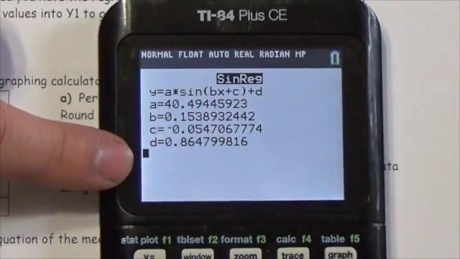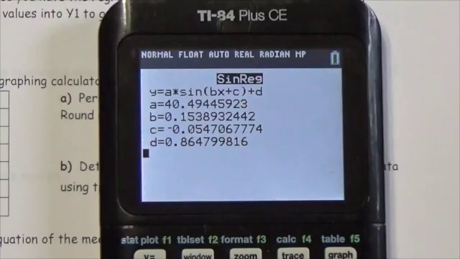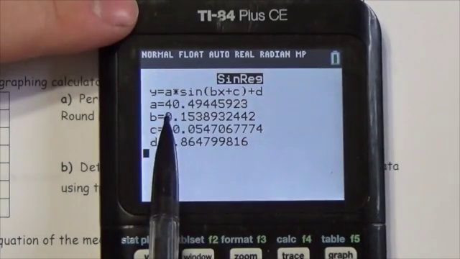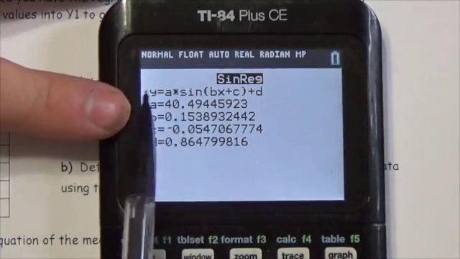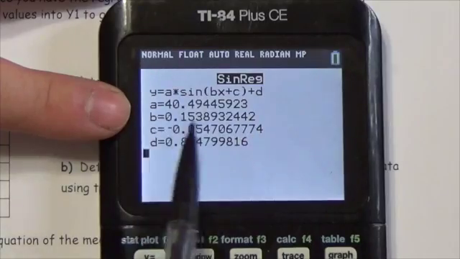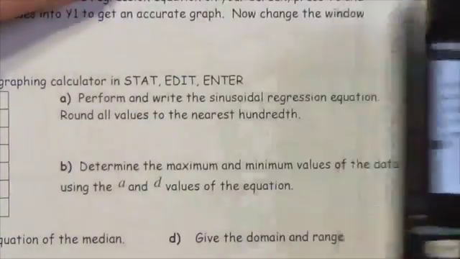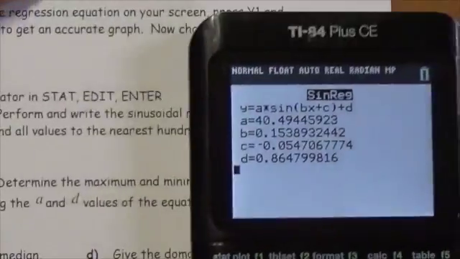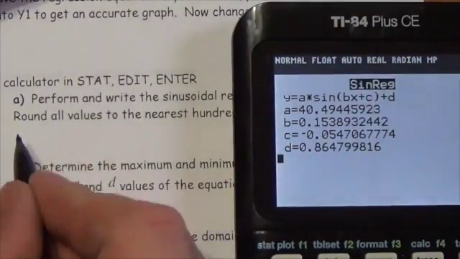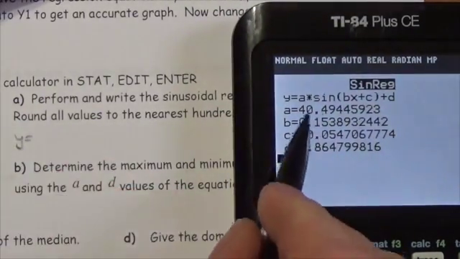Okay. And here we go. So our regression is our A value. Now notice the calculator gives us the equation and then it tells us what the pieces are here. So the regression equation, based on what we got written here, I'm going to write this out, is going to be y is equal to, now to the nearest hundredth,